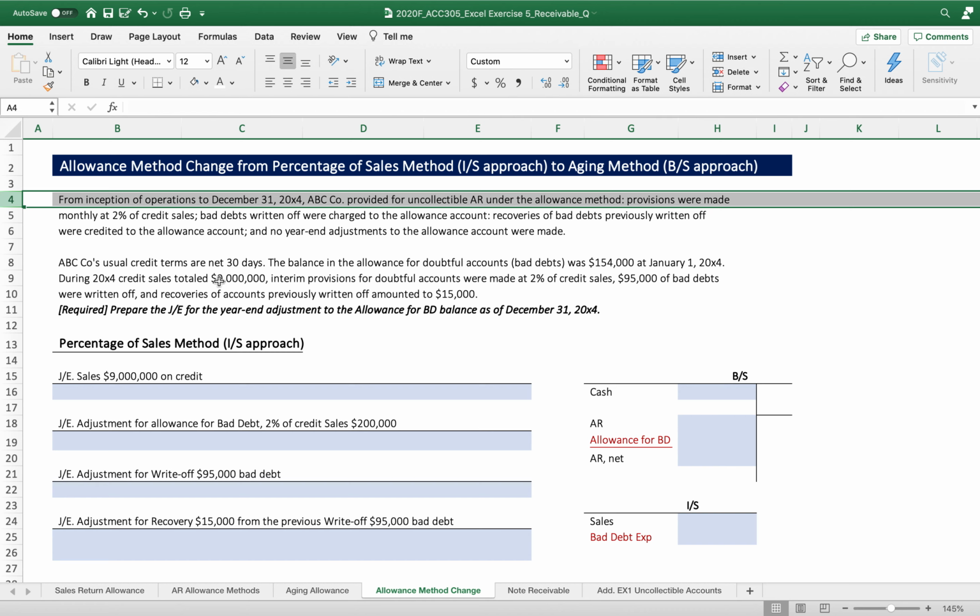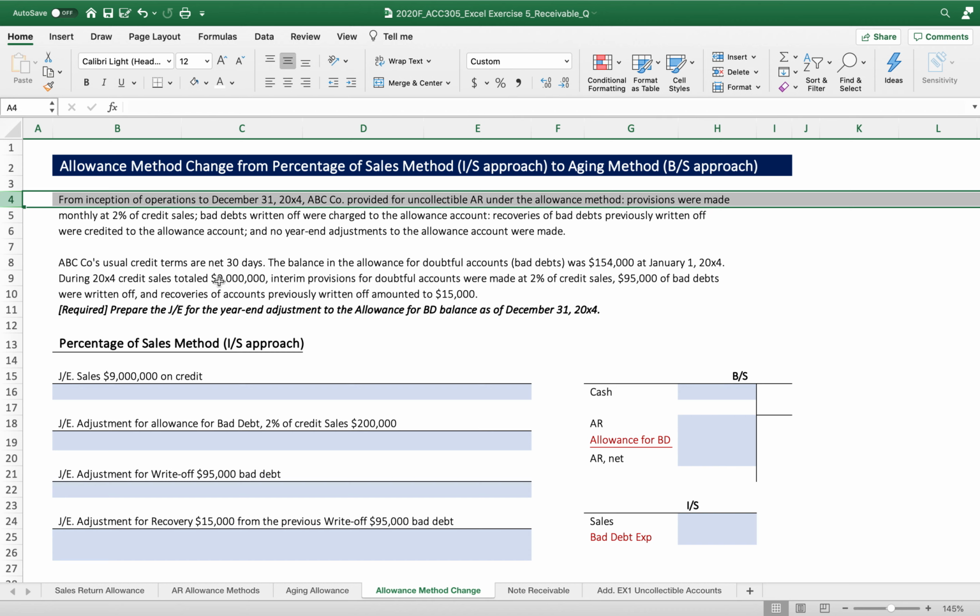Now, 2% is the provision percentage from the credit sales, and bad debt written off were charged to the allowance account. We are going to use allowance for bad debt under the AR to come up with the net AR, and the bad debt expense account to reduce the sales amount based on the matching principle. And recoveries of bad debts previously written off were credited to the allowance account,